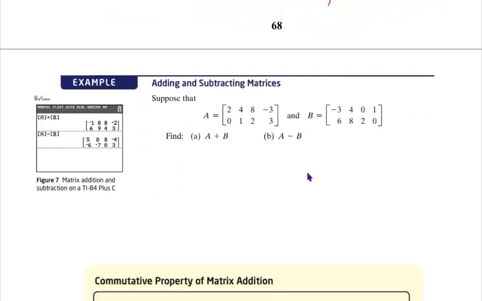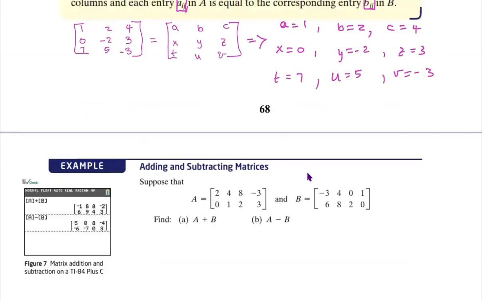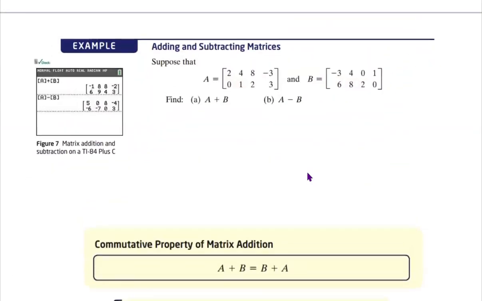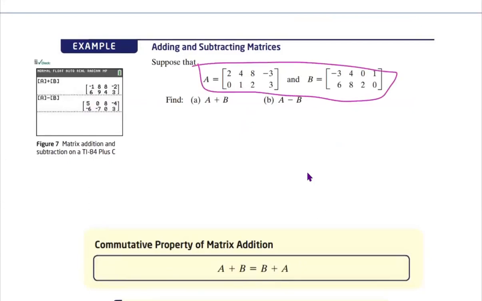The next thing is operations: addition and subtraction. You add the numbers in the same location. So if you're adding two matrices, they must have the same dimensions. Let's try this one: A plus B equals